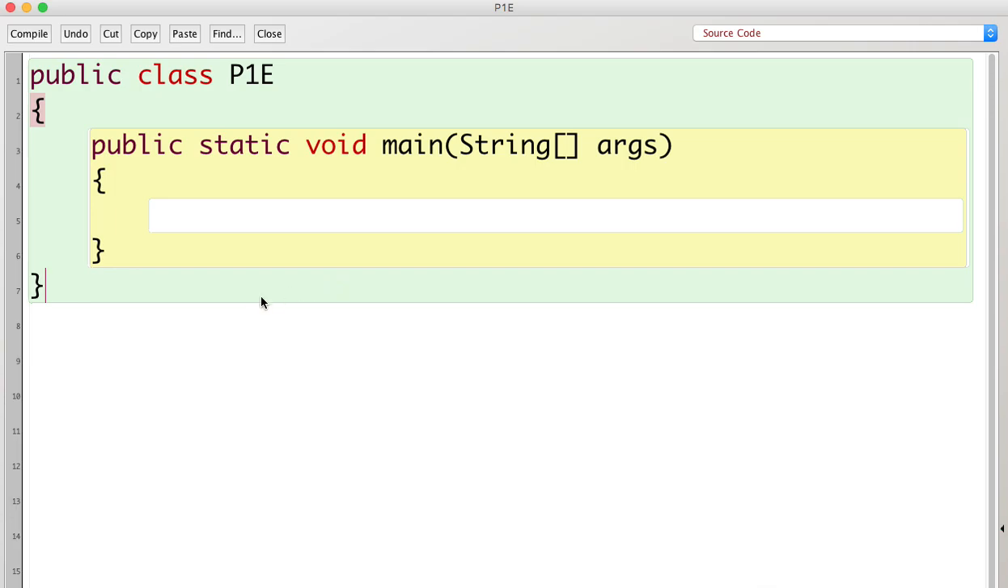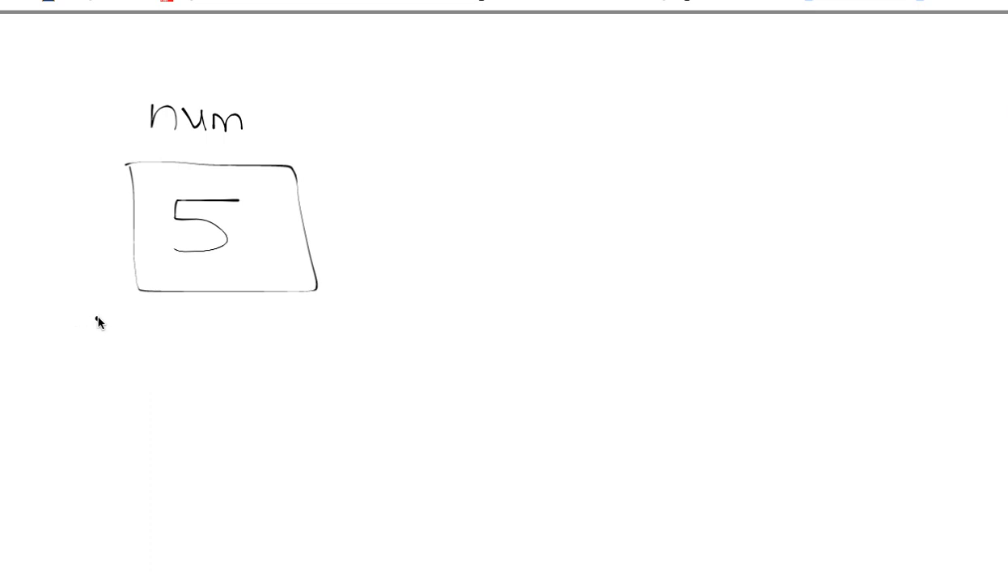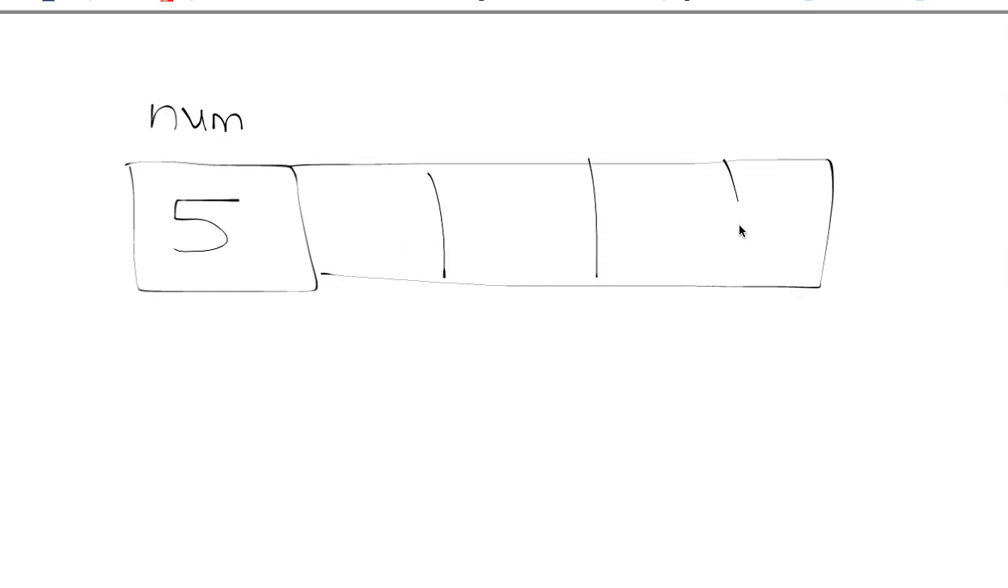This next assignment asks us to create an array, and we haven't talked about arrays, so here we go. Here is a graphical representation of a variable. The variable is called num, and we stuck the value 5 in it. And an array is very similar to a variable. It's a set of variables. All right? So if we have something that looks like this, it would be a set of variables called num array,